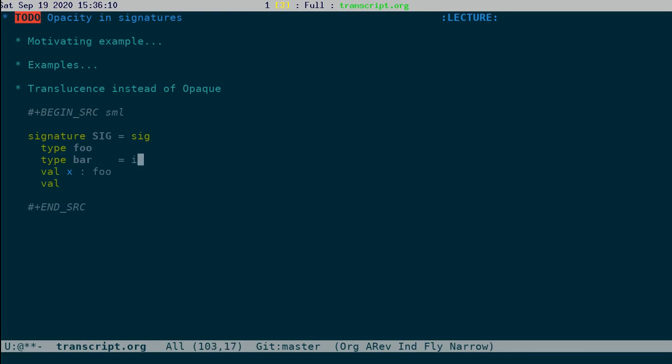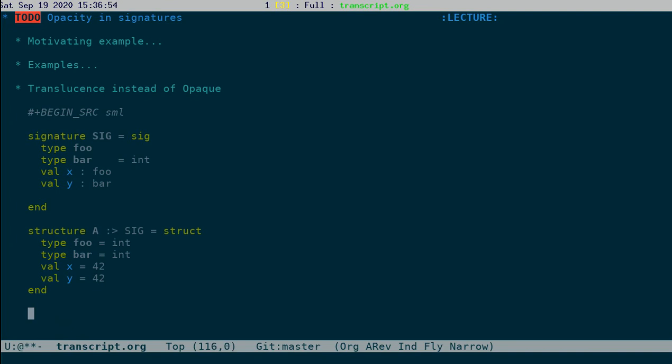Let's say we want to say bar is int. Now consider a declaration like this: A :> SIG with type foo equal to int, type bar equal to int, val x equal to 42, val y equal to 42.